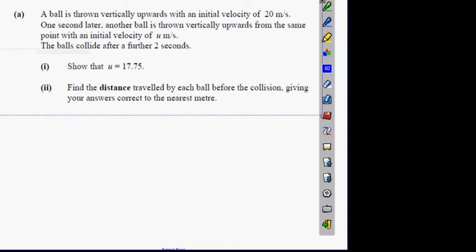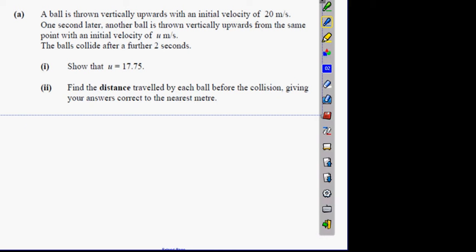A ball is thrown vertically upwards with an initial speed of 20 meters per second. 1 second later, another ball is thrown vertically upwards from the same point with an initial velocity u meters per second. The balls collide after a further 2 seconds. Show that u equals 17.75. Okay, that's interesting. Now,